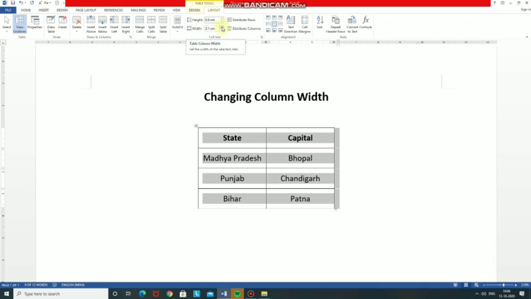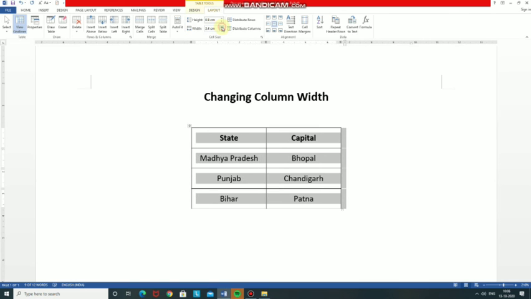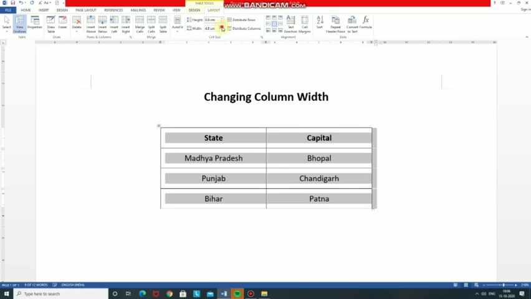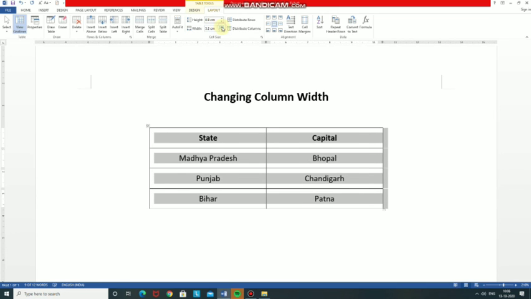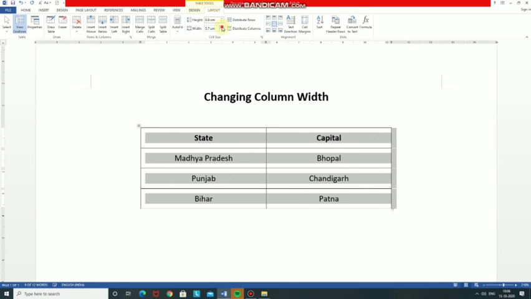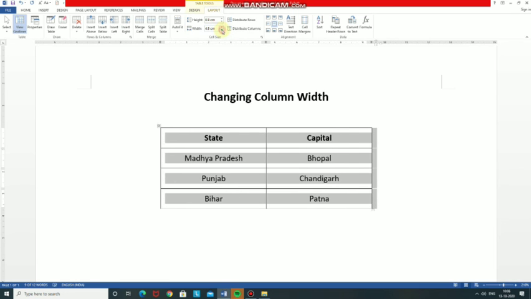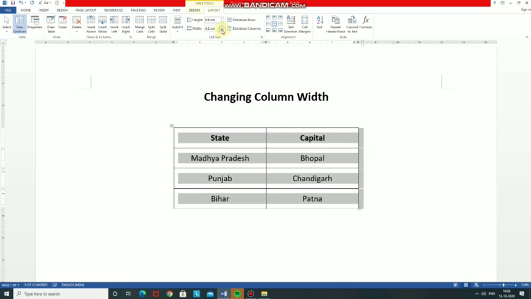Again if you click on this up arrow, you can see the column width increasing. I am clicking again and again, you can see the changes. And if you want to decrease the column width, you have to click on this down arrow. See the changes again. Like this, you can change row height and column width in the table.